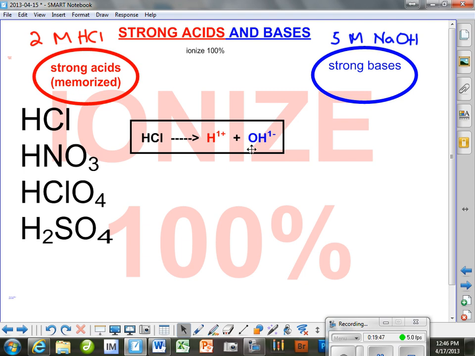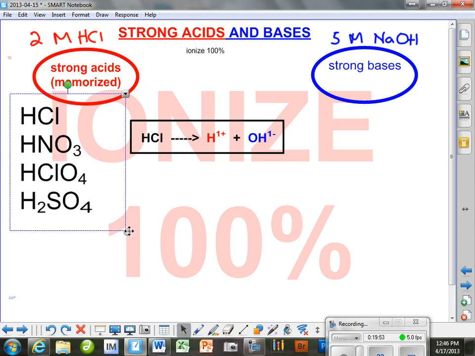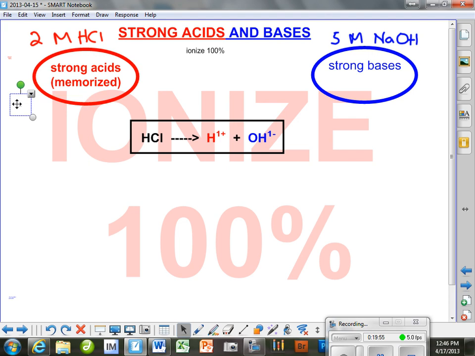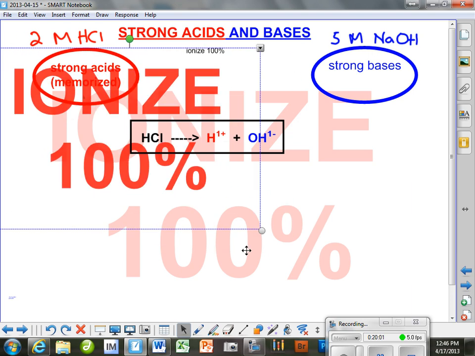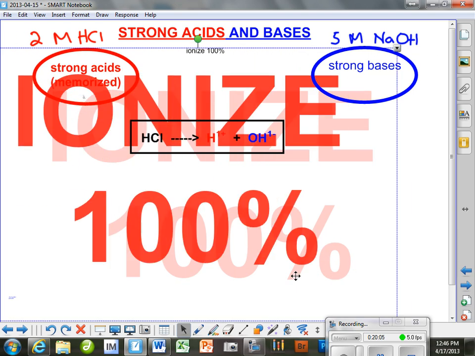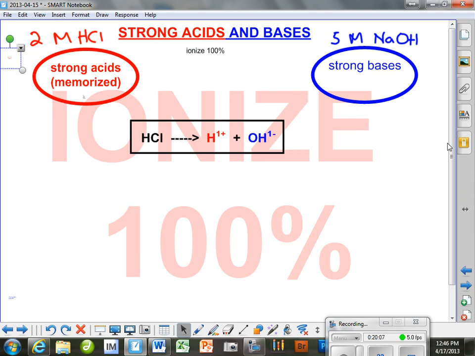So, at any rate, now we know what our strong acids are, right? Those guys, you can count on them. And what is it that we can count on them for? Ionized 100%. Okay, now